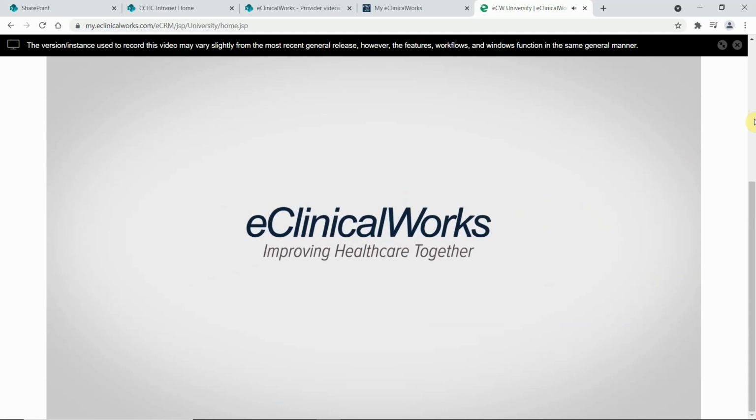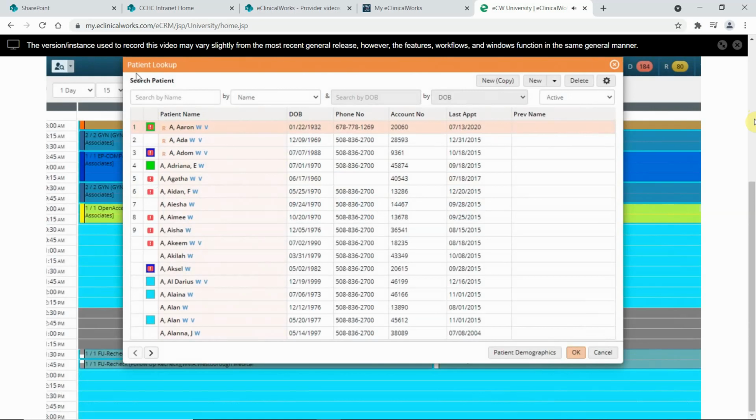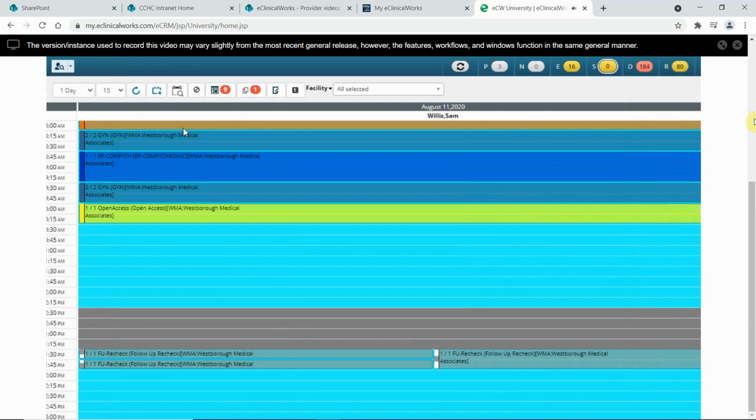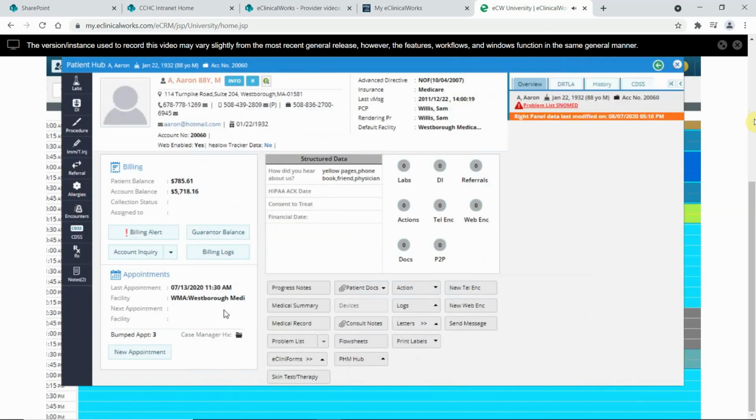Hello, in today's video, we're going to take a look at an overview of the Patient Hub. Now, one way I can access the Patient Hub is from the lookup window. So within the patient lookup window, I can find the patient and select their name. By clicking on their name, it's going to go ahead and open up the hub for that patient, in this